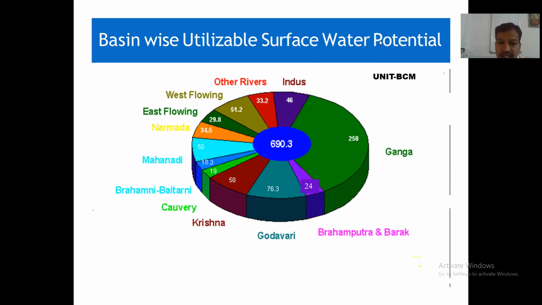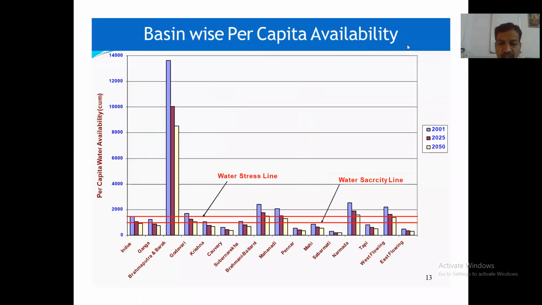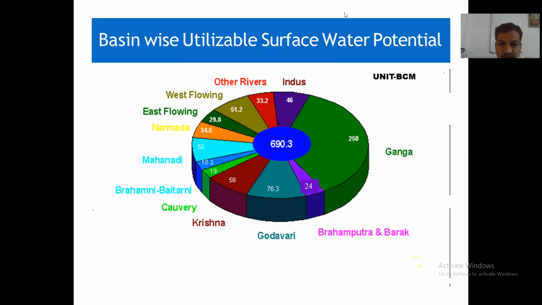Then basin wise utilizable surface water potential. Surface water potential किती आहे? Utilizable surface water potential, starting from Ganga river, which is having 250 billion cubic meter. Then Indus river having 46 billion cubic meter, other rivers 33.2